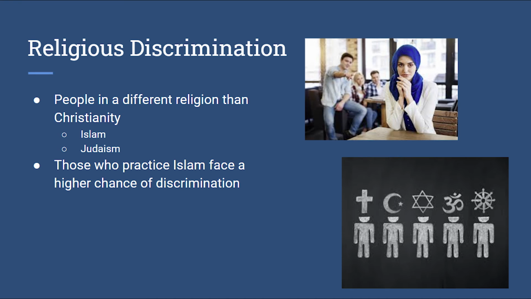The last community that I will be talking about that faces oppression is people of different religions. Statistically, in the United States, people who practice Islam have been discriminated against, specifically after 9/11, because the people who committed that act were Muslim. And also people who are at a higher risk of discrimination, confirmed by a study done by Pew Research, is people who practice Judaism. Roughly 2/3 of Americans also say that Jews face at least some discrimination in the U.S., compared to 82% say people who practice Islam will face some discrimination in the United States.